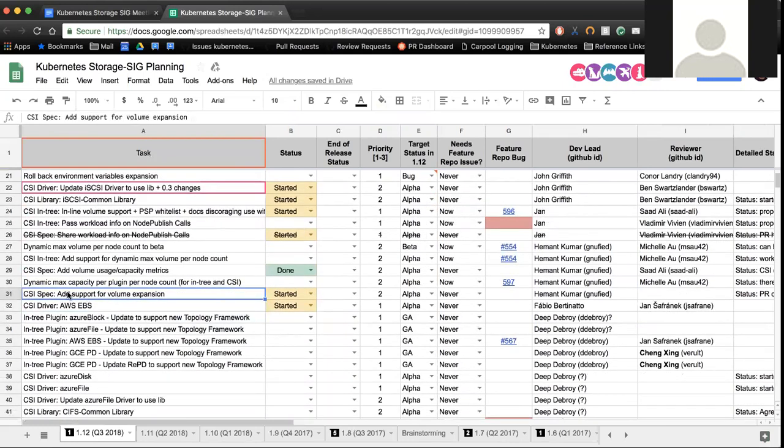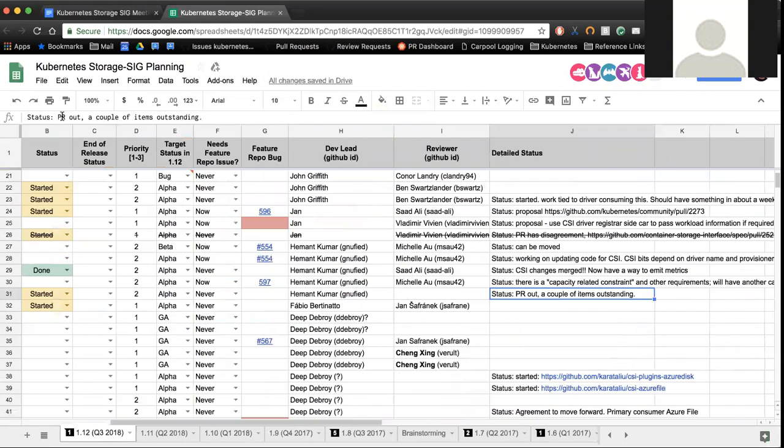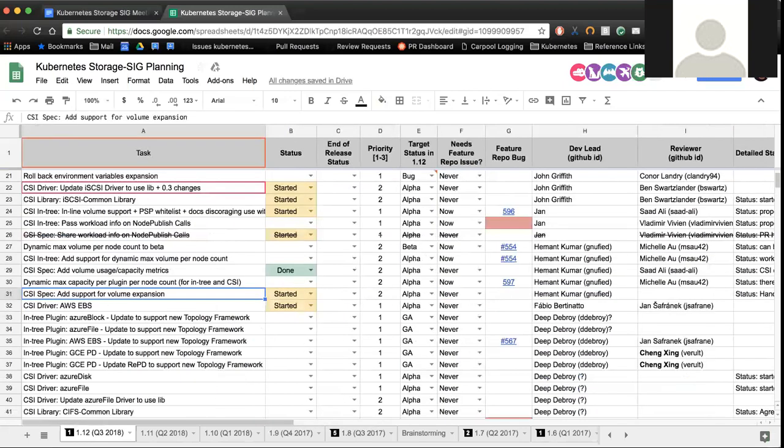And finally, for you, we have CSI spec adding support for volume expansion. This was again discussed on the CSI call this week. Any status updates? I think there was a comment by you that I addressed, and I think we are closer than ever to hopefully getting the spec merged. And yeah, we just need people to review the PR. Cool. Yeah, great work on that, and thank you for all your patience. I know it can sometimes be painful to get changes through the spec. Don't worry, it's a big one.